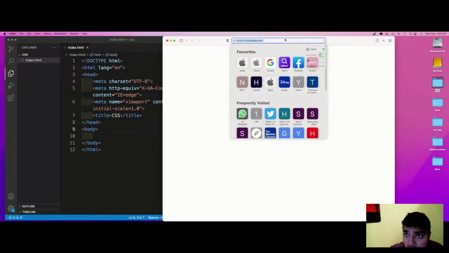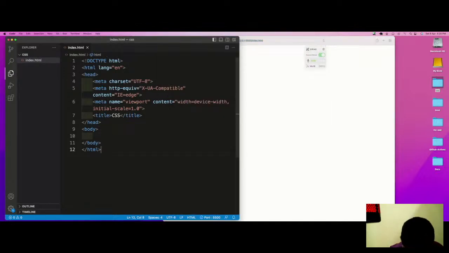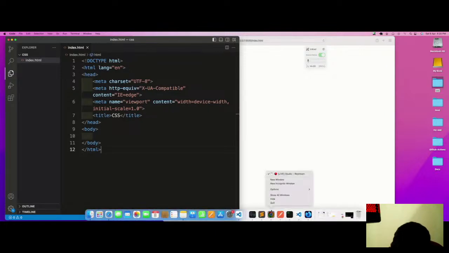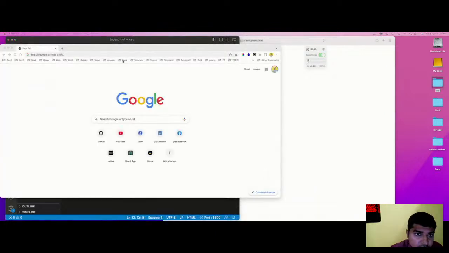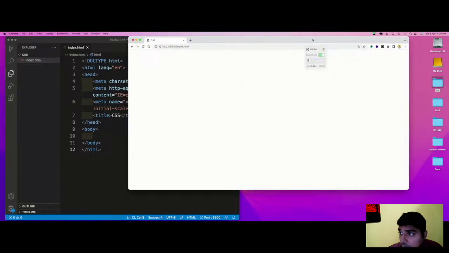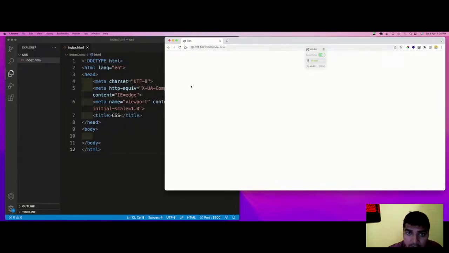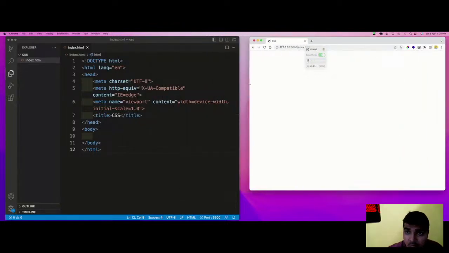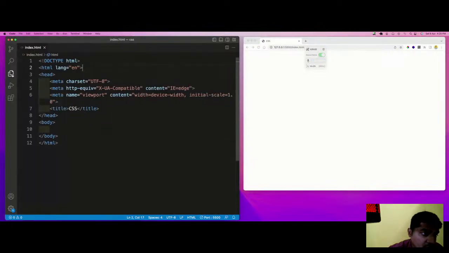And again, always prefer Chrome as your default browser because it supports so many things which you can't even know.